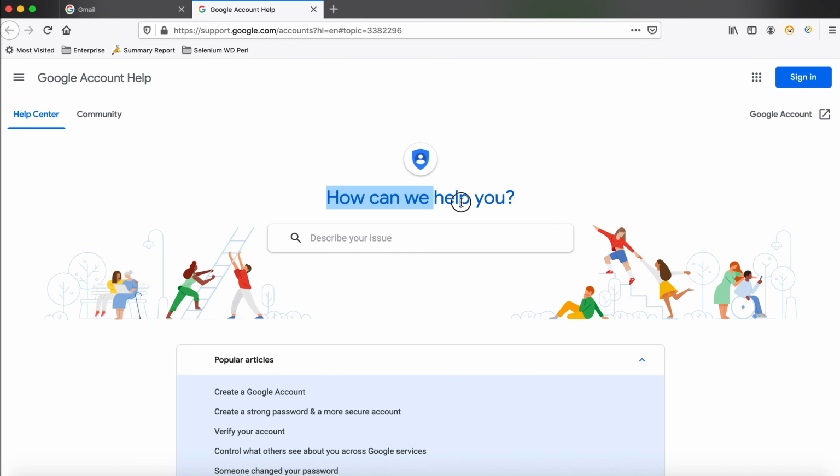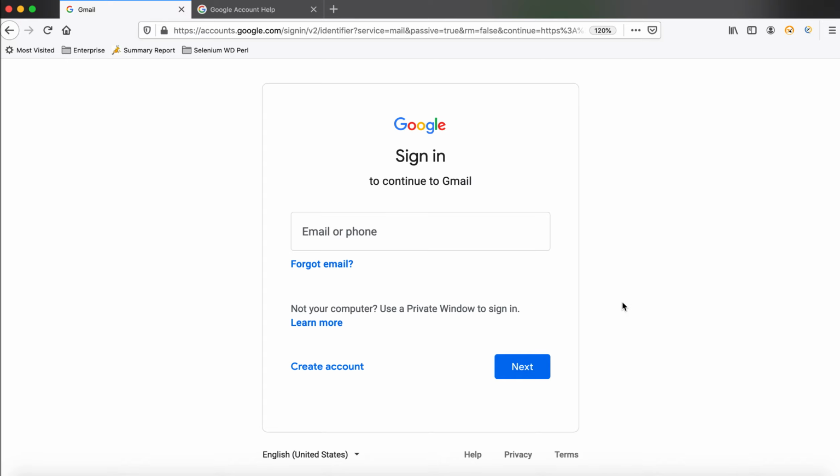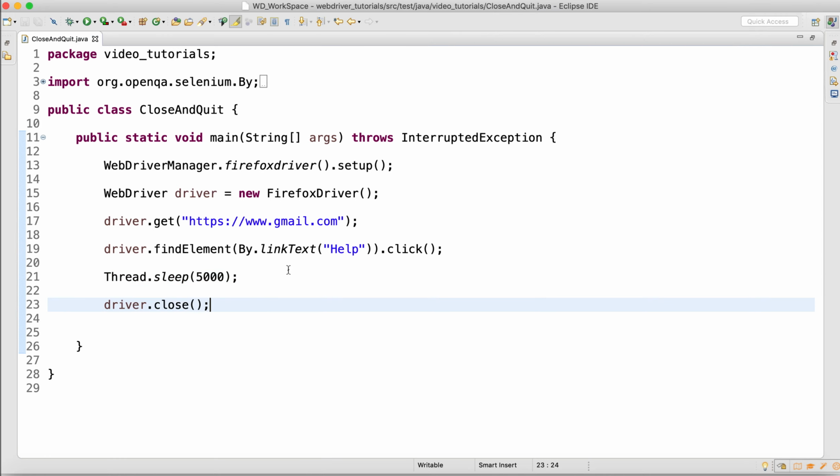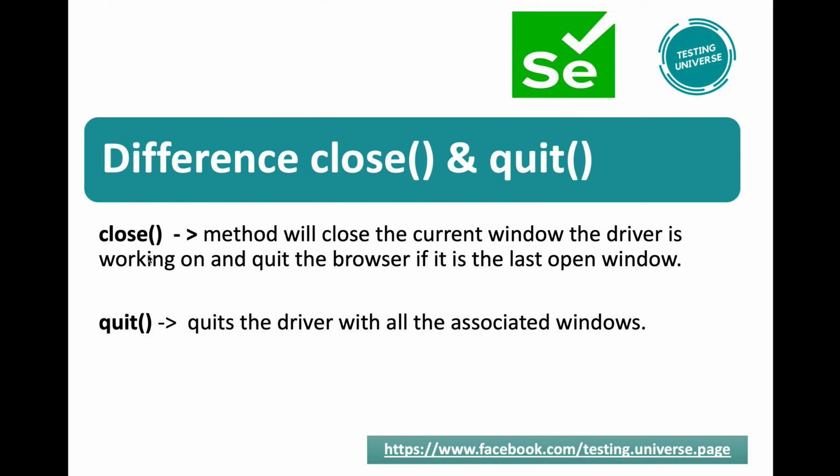It will always be pointing to the default window or the parent window. So that is the close method. If we have multiple windows, it is going to close the window which the driver is pointing to.